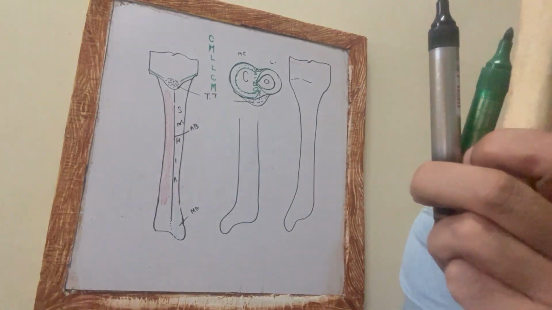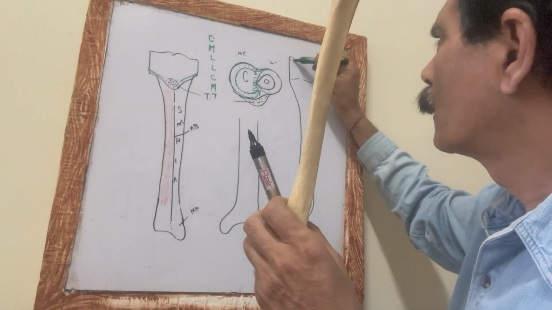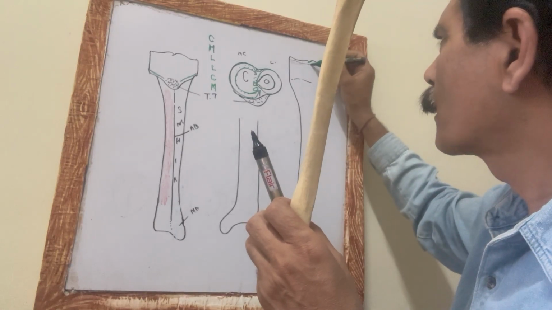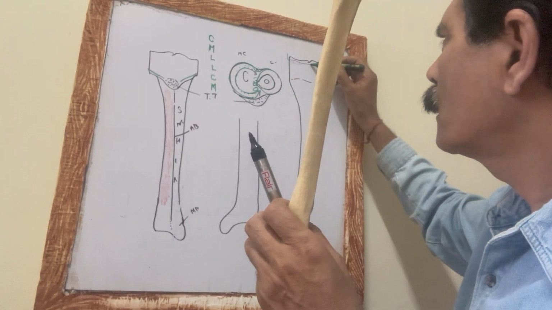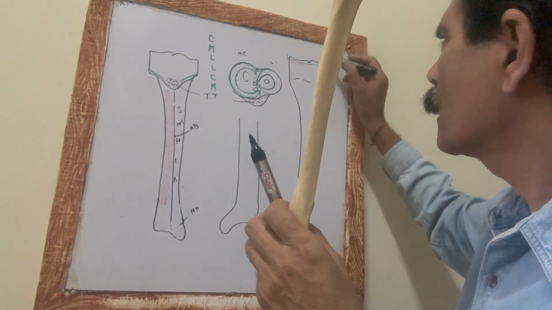And then above this insertion there is an attachment of the fibrous capsule of the knee joint, but it is interrupted below the lateral condyle,